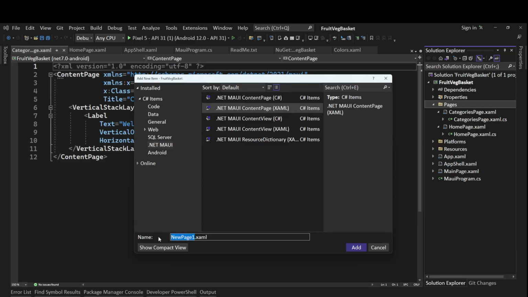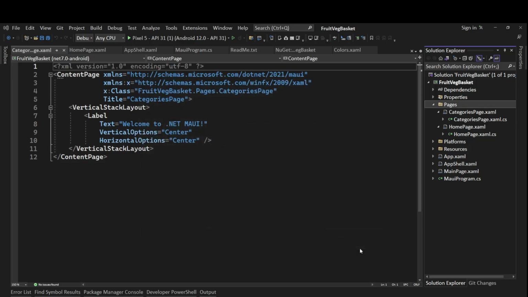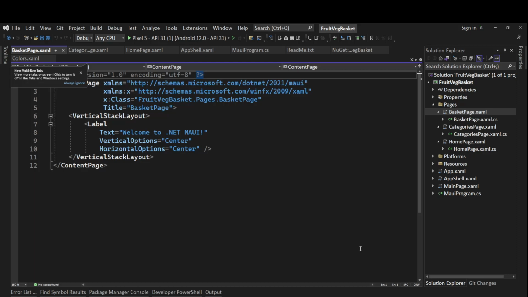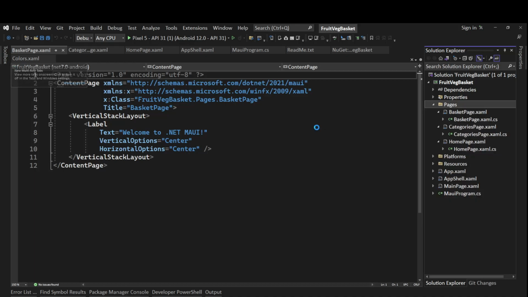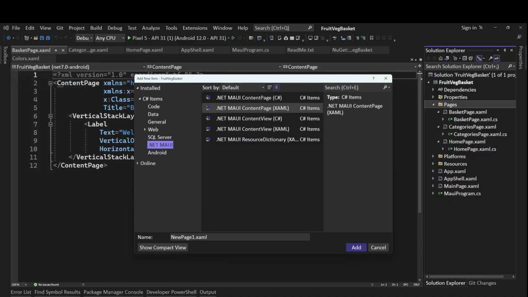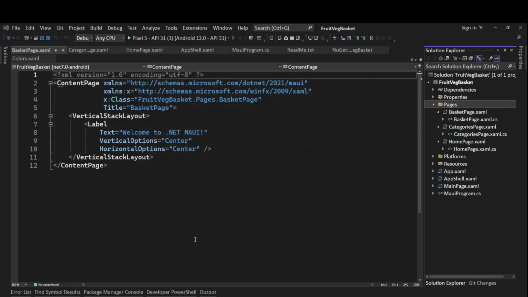This is, we are going to have a basket page, cart page basically, we can say, where we'll see all the items. Then we'll have one orders page, where we'll see our orders. So orders page,